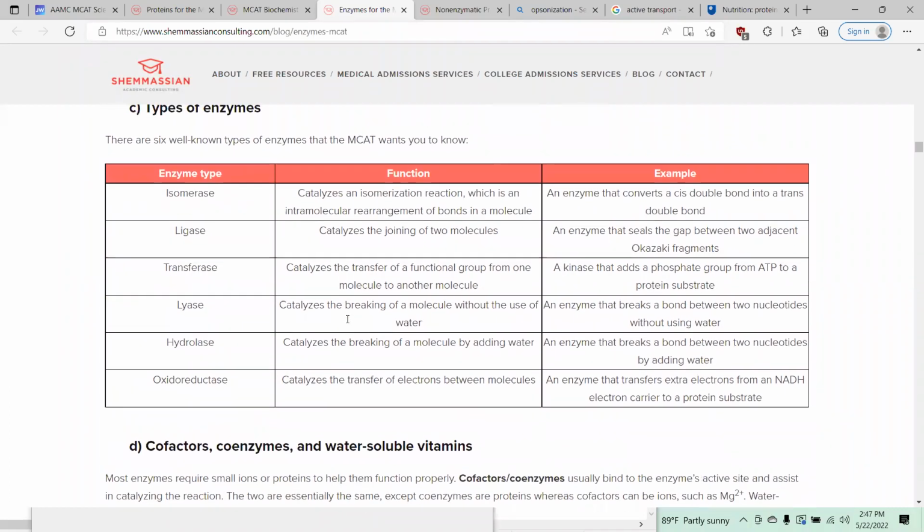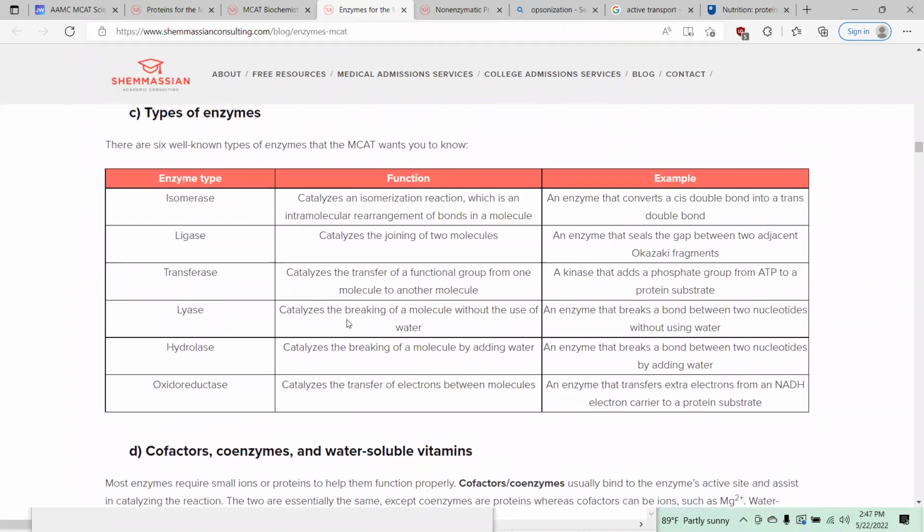Okay, so types of enzymes. Alrighty, this is something good to know. There are 6 major types of enzymes. Again, because there are many different reactions that can be catalyzed, right? So